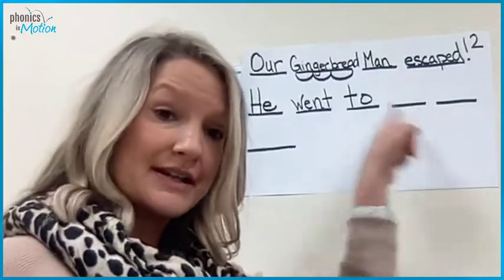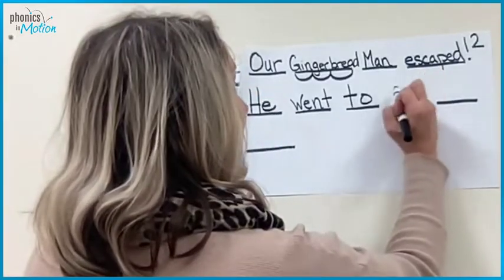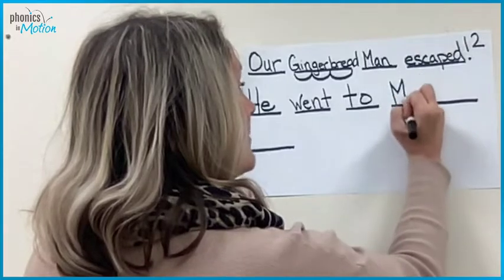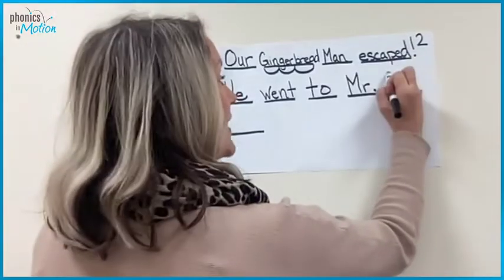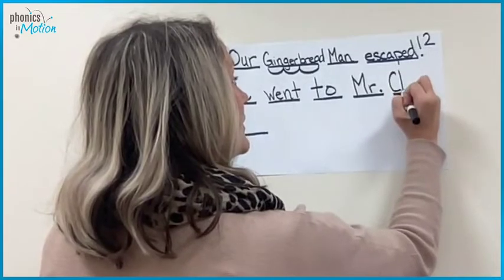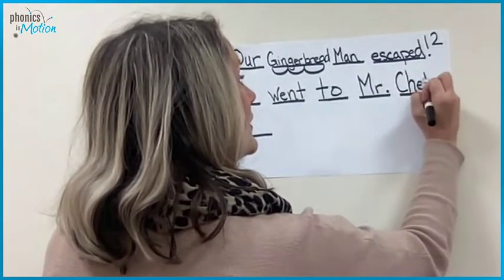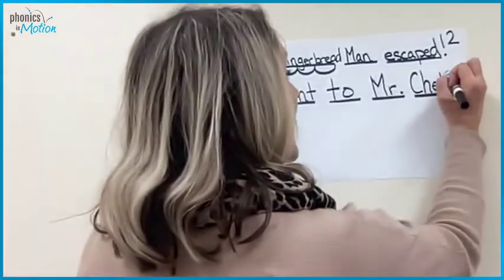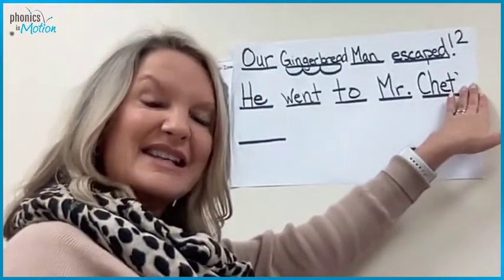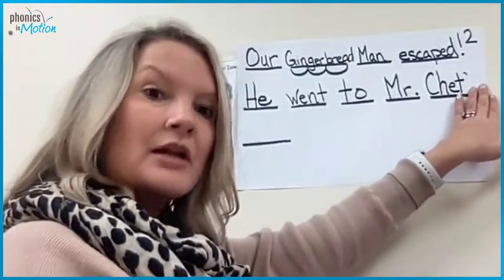That's right. He's a teacher and his name is important. So we're going to show it with a capital M. Mr. Chet's. Say the word Chet's. Chet's. That's right. What do you hear? Ch. Capital C for Mr. Chet. Mr. Chet. Oh, it's his classroom. So we're going to do our apostrophe. And yes, there's going to be an S. And remember, we learned about the S today? Let's remember, S is what? S is so